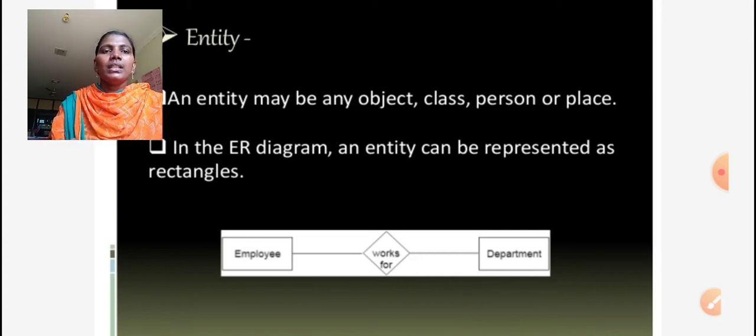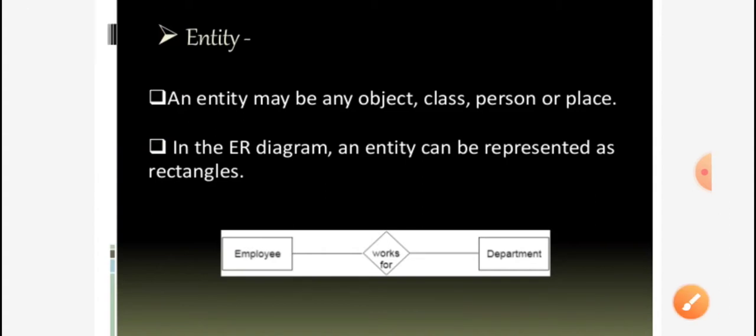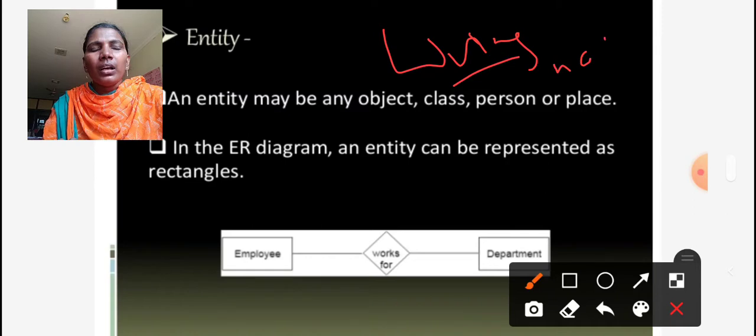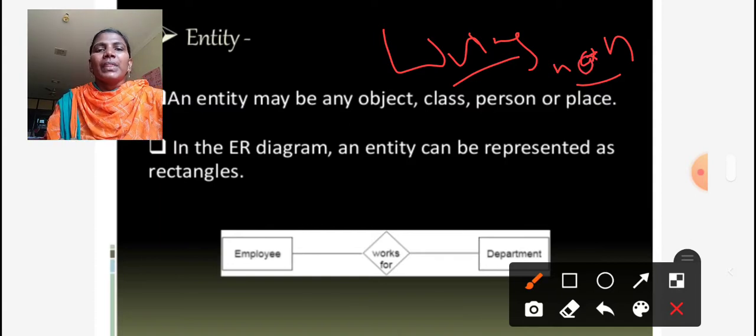Objects include living things, non-living things, and combinations of living and non-living things. Entity is nothing but the data values which we are going to store in a database.